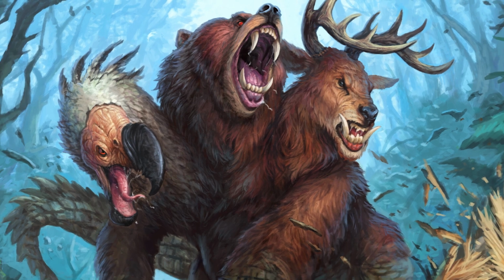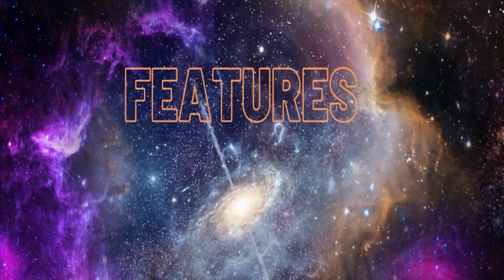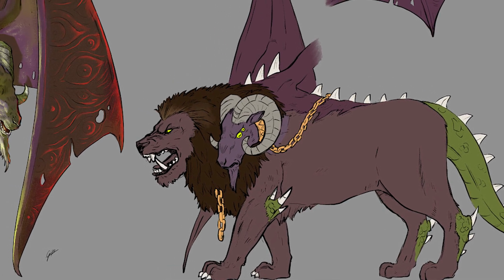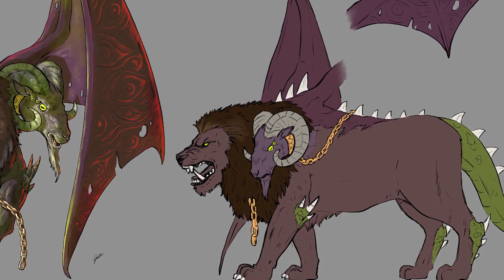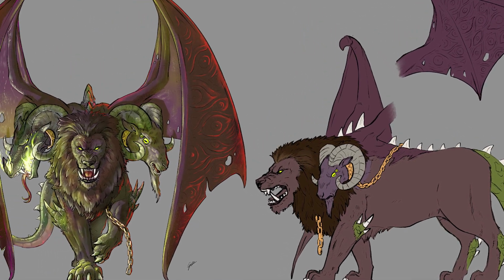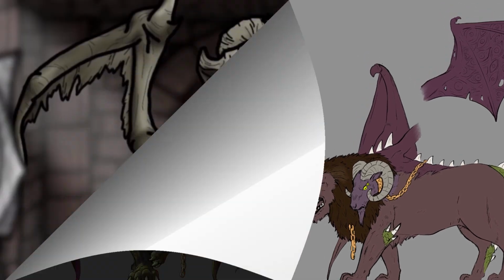With that out of the way, now that we know what a Chimera is, let's talk features. The Chimera has a flying speed of 60 feet and a +8 to its perception. It has a passive perception of 18 and understands Draconic, yet cannot speak. The Chimera is an amalgamation of body parts, normally resembling a monstrosity such as...